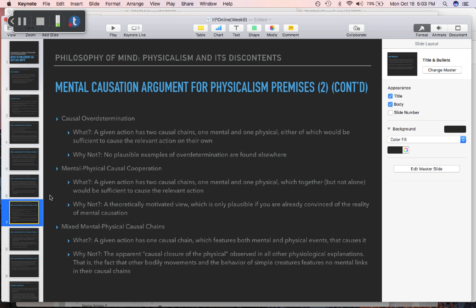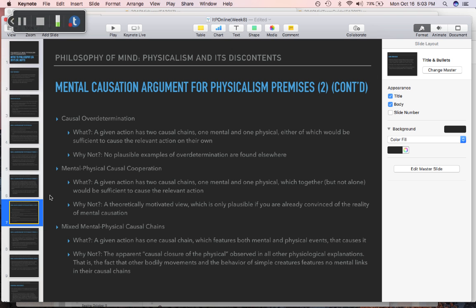Why isn't this plausible? The idea is that this is theoretically motivated, right? Theoretically motivated, remember, is what we say about something when it's a proposal put forth only because it gets you the conclusion that you want. So this only works if you think that mental causation is a thing already. So it may be more than theoretically motivated, it may be circular, right? We're trying to